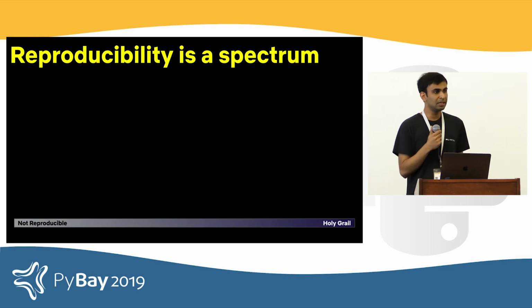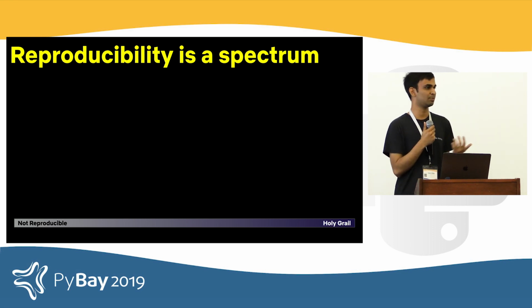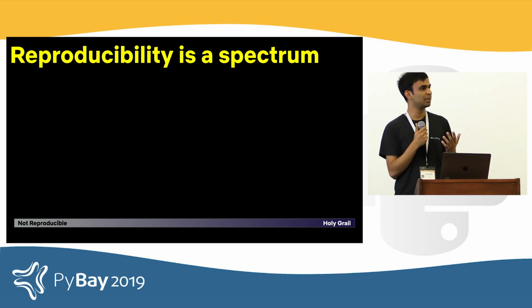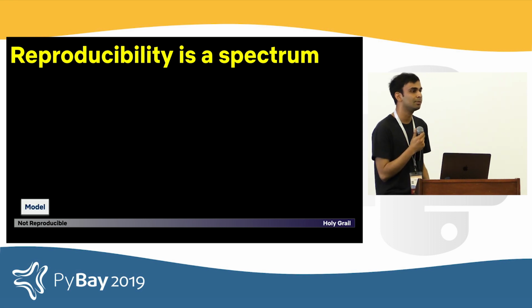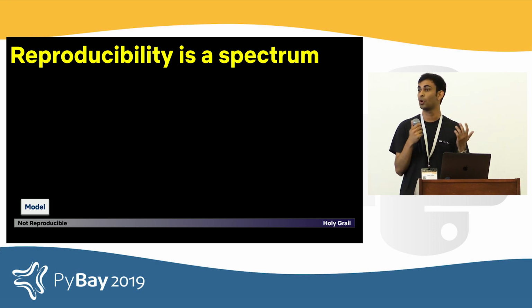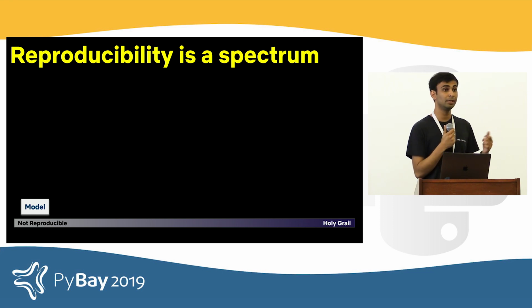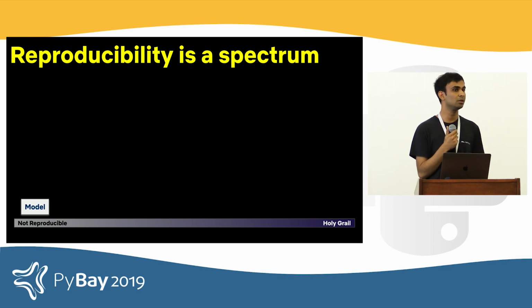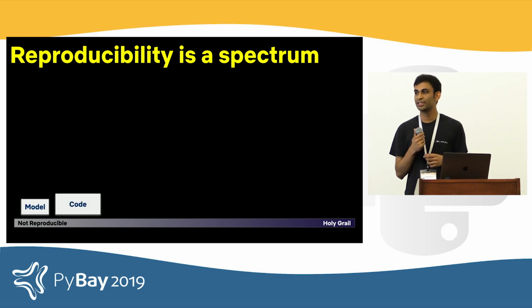So if we dive a little bit deeper into the notion of reproducibility, at the end of the day, it's indeed a spectrum, and it's really important to understand that and know, depending on the business context, depending on your particular operating context, where you would want to lie on that spectrum. So let's take an example. On one extreme, you have your model. It could be just a simple dictionary of coefficients. It works well in many cases, but it's not at all reproducible. If you lose that model, if somebody comes to you and asks you to recreate that model, you'll have a really hard time. So maybe you want to store the code that generated that model.